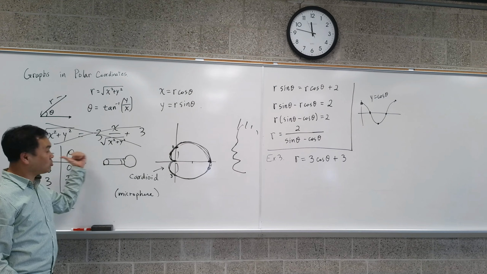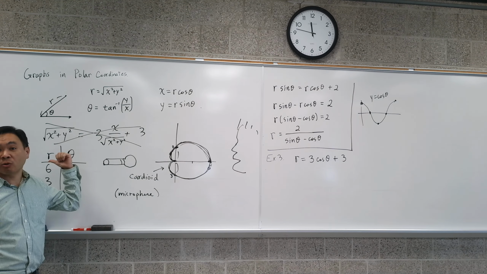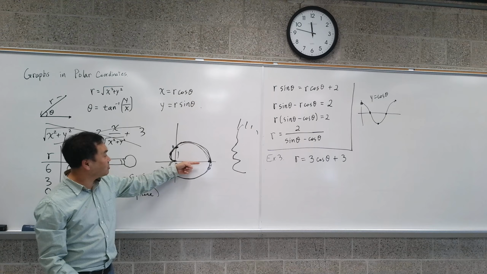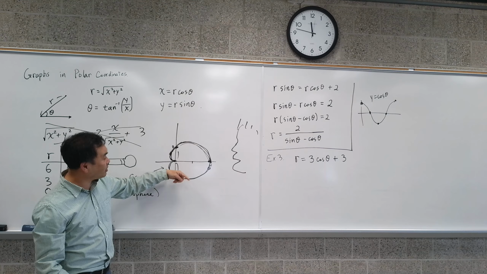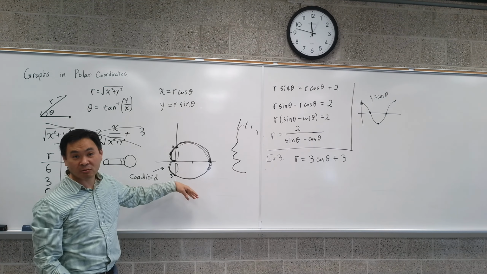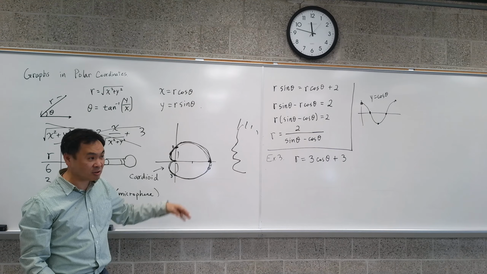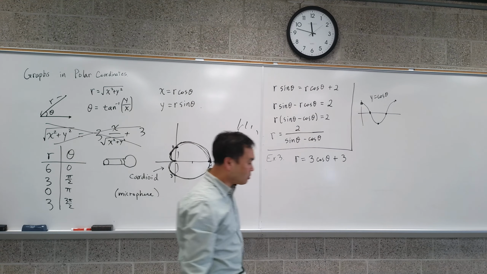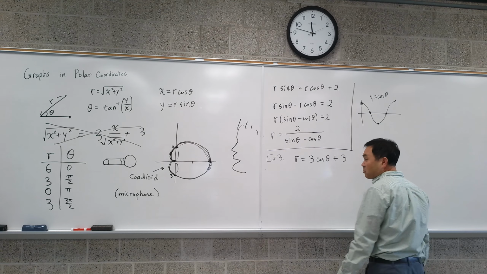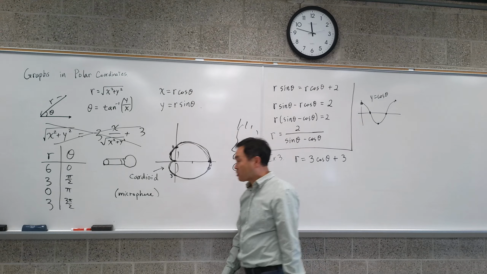Right behind, to the opposite, it will have the worst sensitivity. And if you go somewhere here or there, it will still pick up some sounds, but it will have less sensitivity. So the most popular kind of microphones are known as the cardioid microphone,